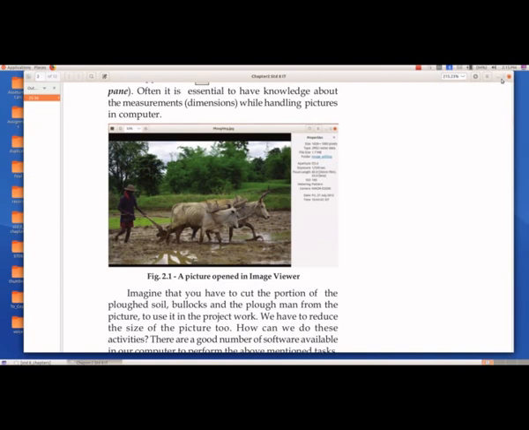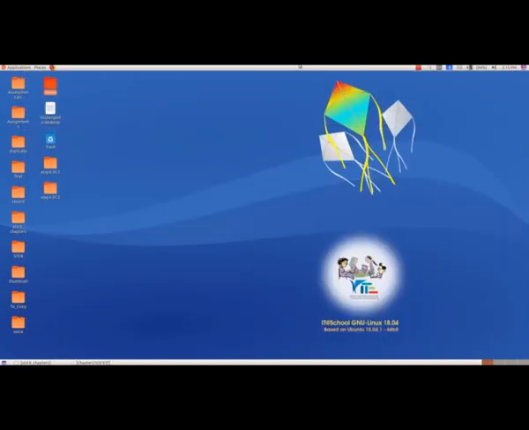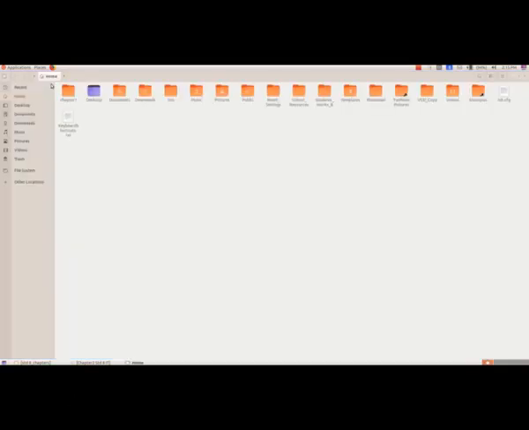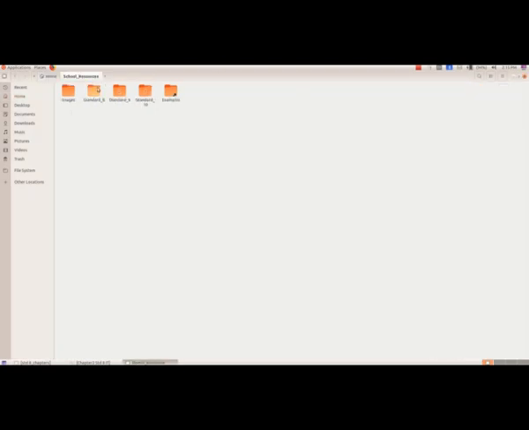So for that, from home we will double click and open school resources. From here we will open standard_8, and here we have a folder image_editing. So we will be double clicking and opening that folder, and here we have some pictures.